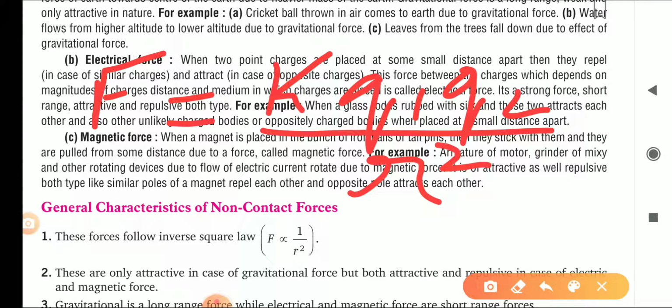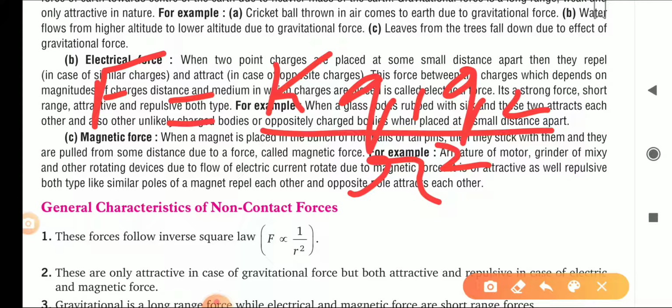So here in this equation you see F equals K Q1 Q2 upon R square, that is the force of attraction or repulsion. Now you see, when will there be a repulsion and when will there be attraction. Repulsion will take place when the charges are of similar types, either positive positive or negative negative. Attraction will take place when the charges are of opposite polarity, that is, one charge is negative and another charge is positive.